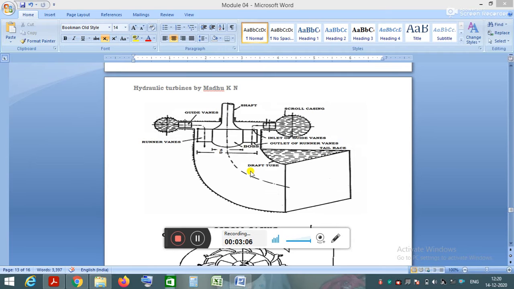It is an axial flow turbine in which the number of blades can be varied. The blades are fixed to the hub or the boss. The shape of the blade is of aerofoil structure. Since the water flows parallel to the axis of rotation of the shaft, it is called axial flow turbine. Since the runner of a Kaplan turbine looks similar to the propeller of a ship, it is also called propeller turbine.